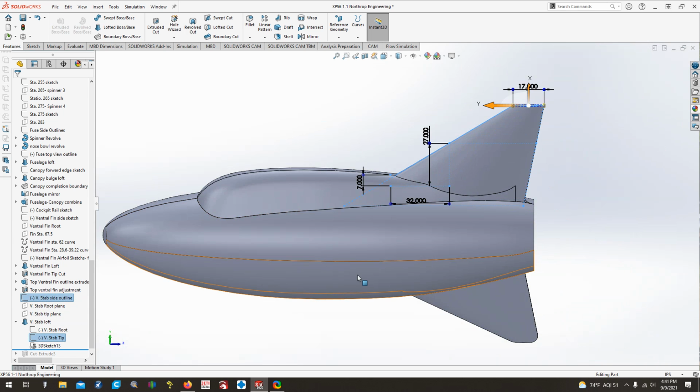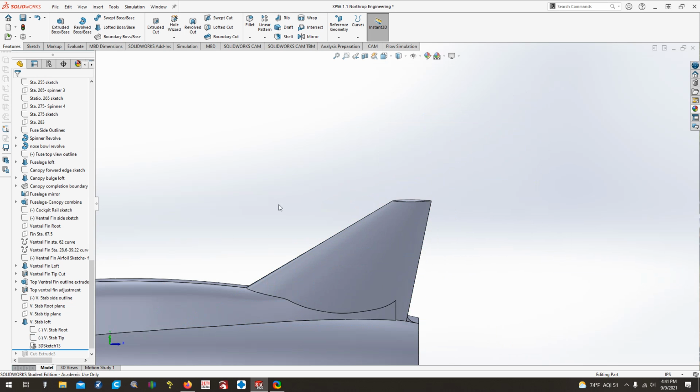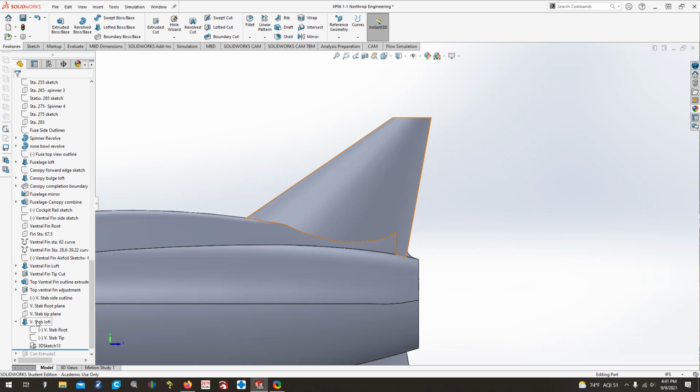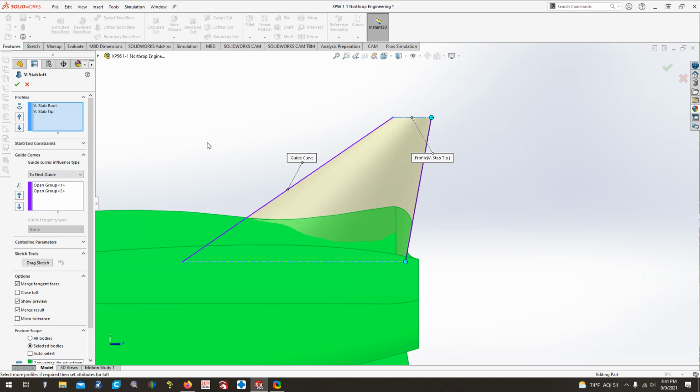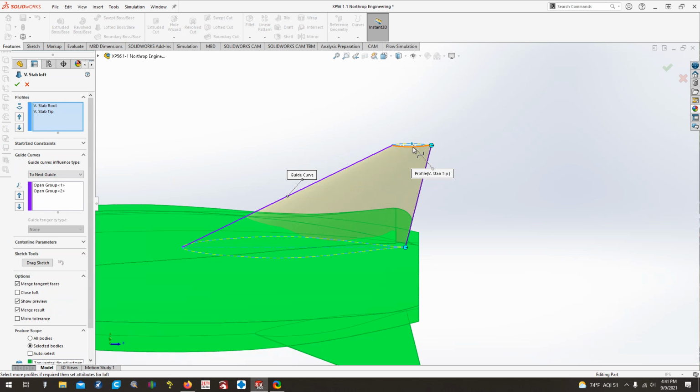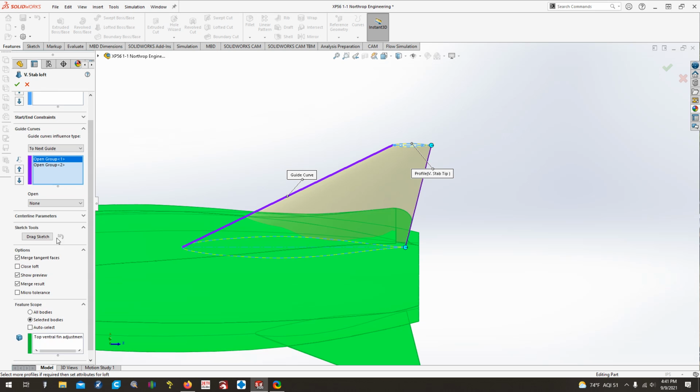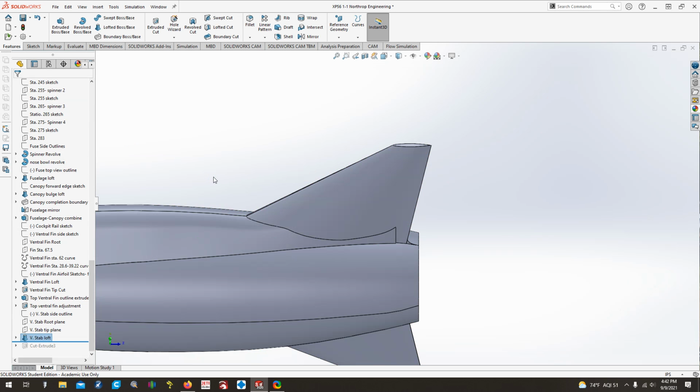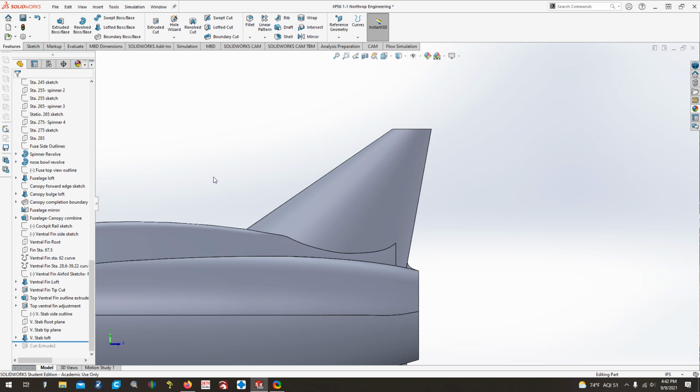I did the same thing with the tip. And then I also 3D sketched out the leading edge and the trailing edge. Then I did a loft, again, using the root and the tip airfoils for our profiles, and the 3D sketch leading edge and trailing edge lines as an open group for our guide curves. Again, we merged the results. We unselected auto select, and then we just chose the fuselage part itself, the green check mark, and ta-da, we have a vertical stabilizer